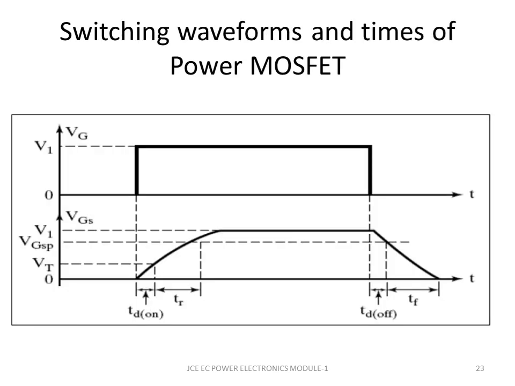So basically, these are the switching waveforms and times for a power MOSFET. What we are going to see is the gate voltage that has been applied, a pulse kind of voltage applied to the gate of the MOSFET, and this is how your VGS, the gate source voltage, responds. So what we see is TD here. This is basically the time required by the input capacitance to reach the threshold voltage.